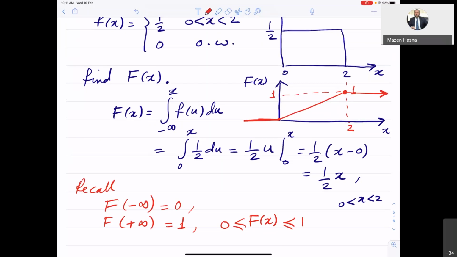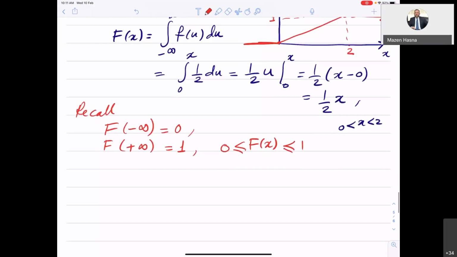Of course, we are not covering in this course that we can have a mixed distribution, where part of the distribution is discrete and part of it is continuous. We are not covering them in this course. We either have a discrete distribution or a continuous distribution.